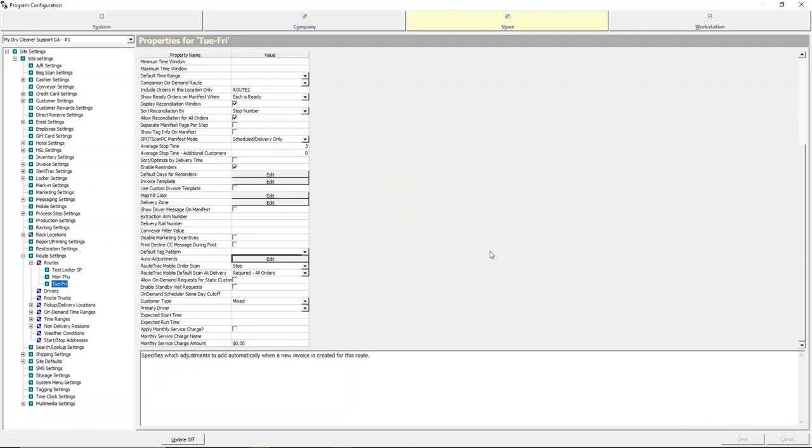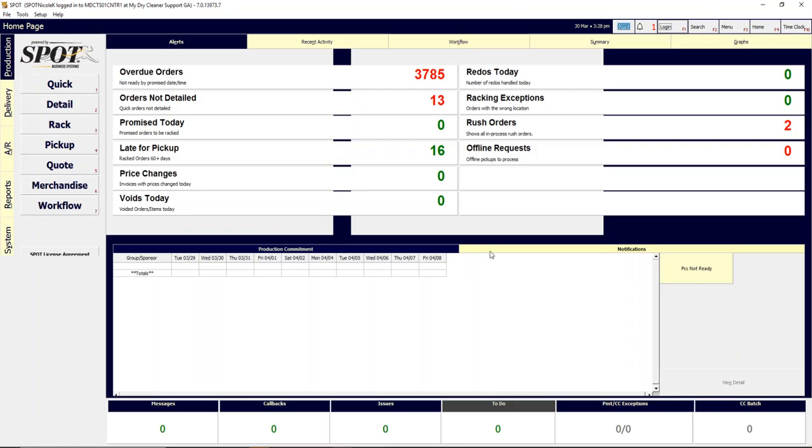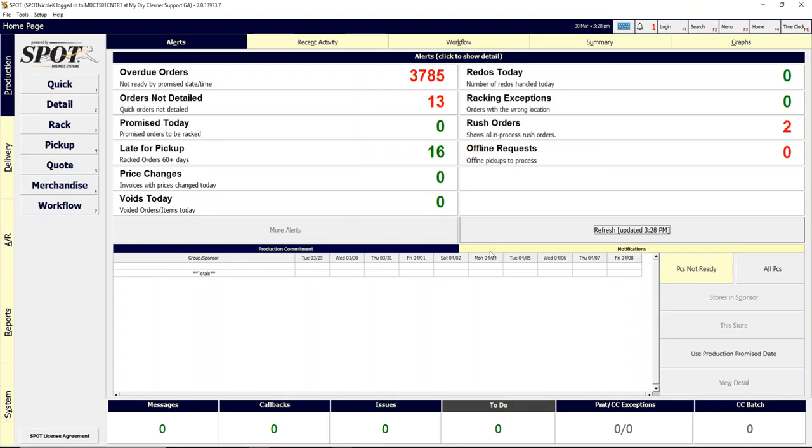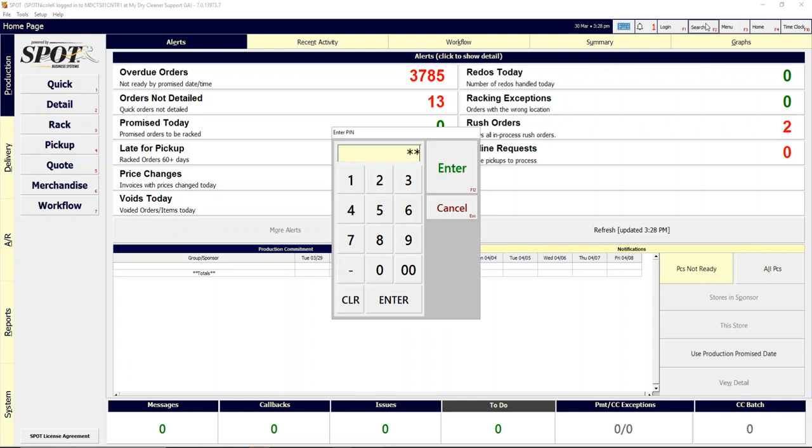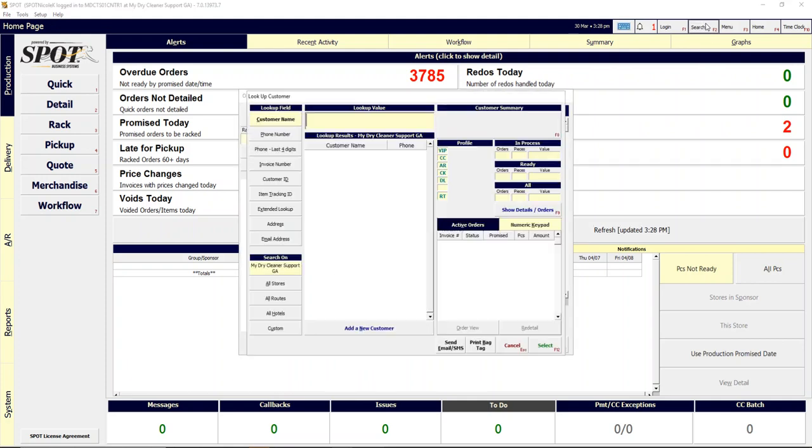It's that simple. There's one additional thing. If you do have a customer on a route that you do not want to receive this fee, there is a way to override it, the second method of the each invoice charge. That is going to be in the customer record. So if we go look up a customer,